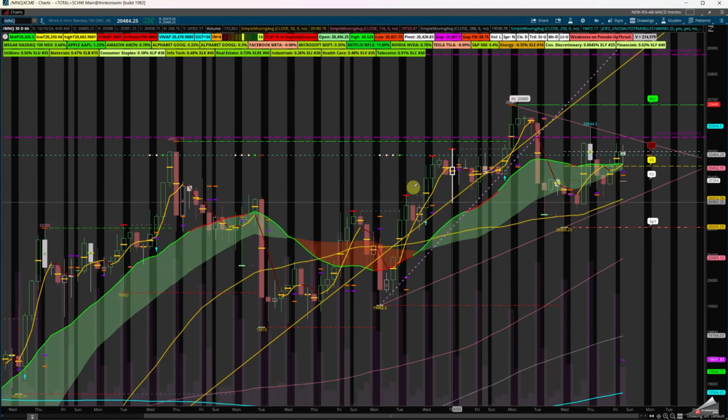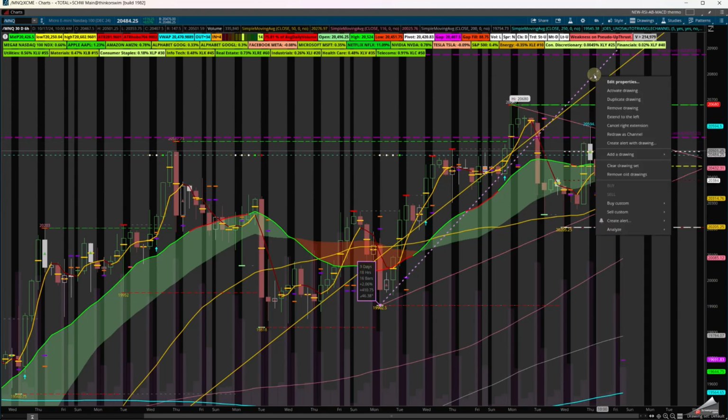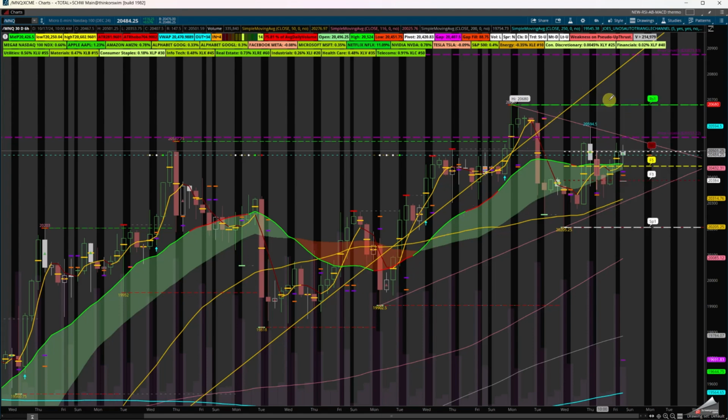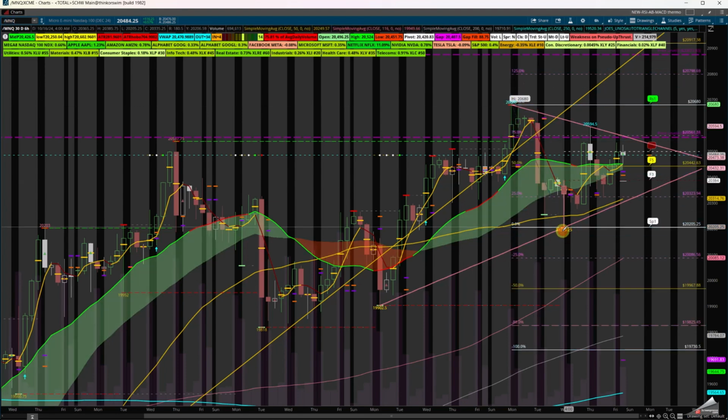You can see we pushed in this area and eventually broke up, but we had more of a balanced range, a symmetrical triangle wedge in the Nasdaq 100. If there's going to be continuation, we've got to pay attention to it. If there's not going to be any continuation in the Nasdaq, so what I'm going to do is take the high for the week and the low for the week, and I'm going to extend it to the left,